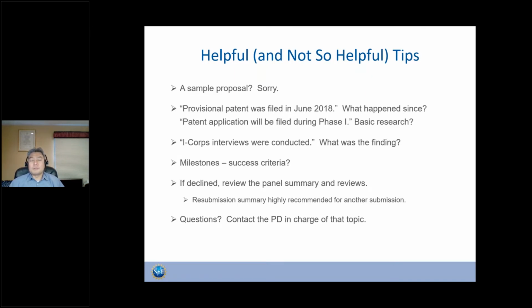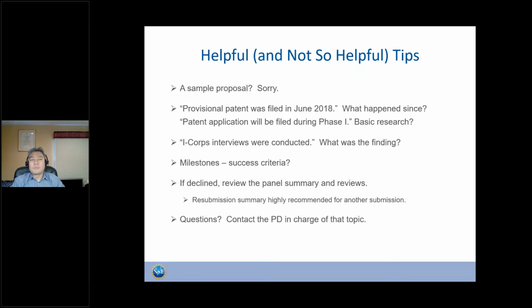So for that reason, I don't think that's very meaningful. I guess in some ways it might give the general format, but it's just too much work, and the proposal that we provide as a sample may go out of date